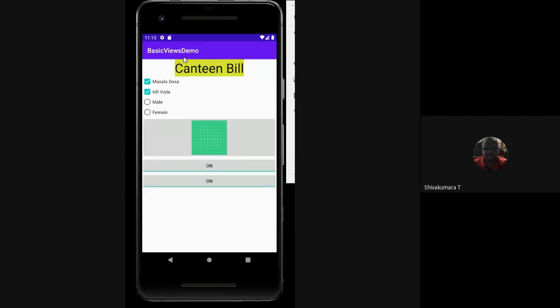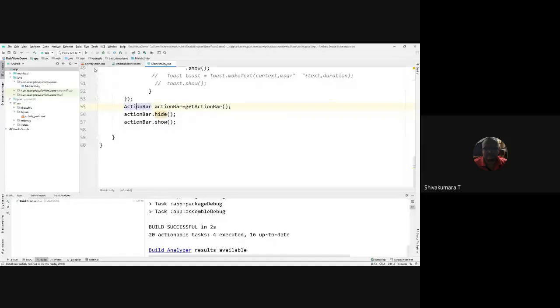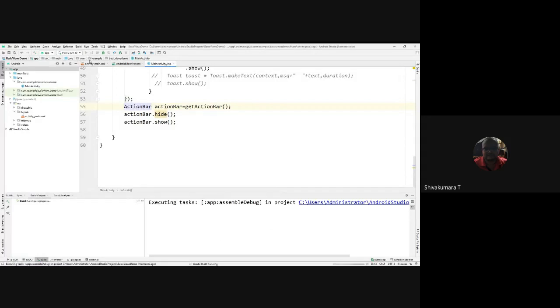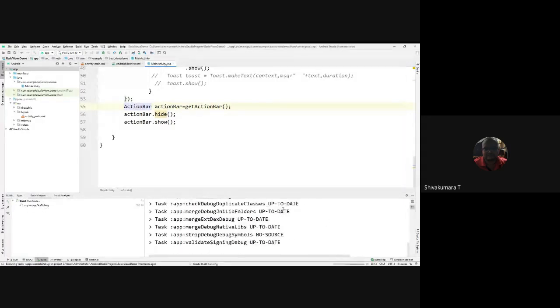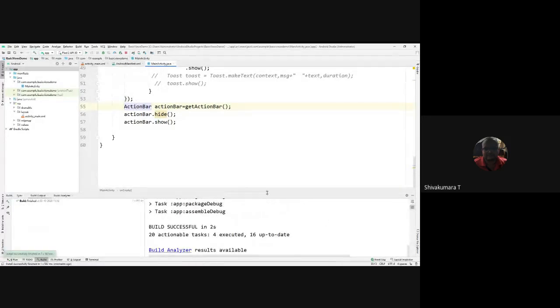Still there is no action bar added here. So after execution, let's stop the previous run, and now save it and rerun it. Now see the action bar window.